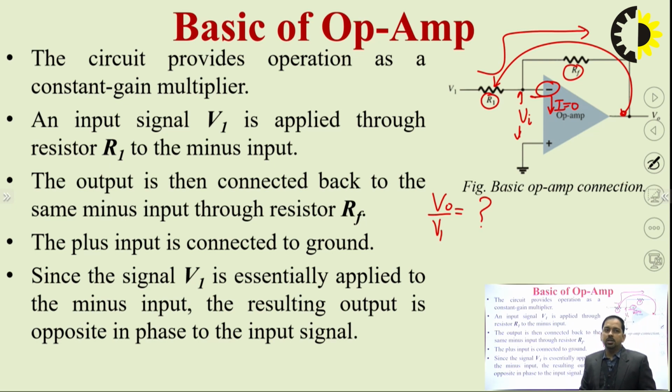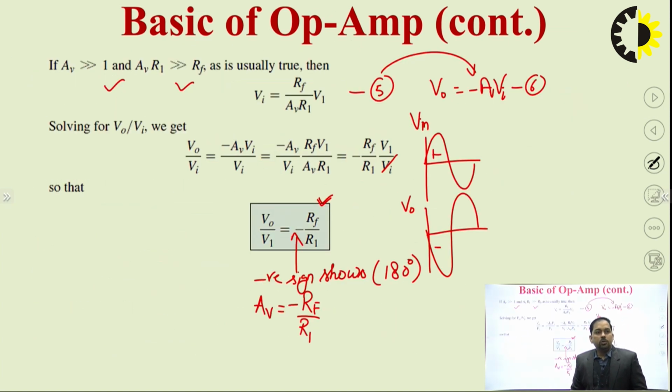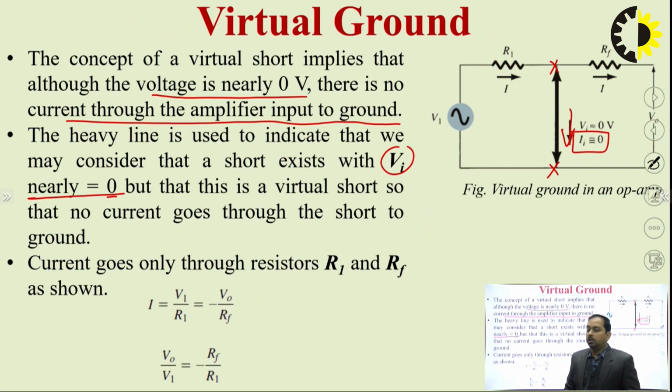So I is equal to 0. This is the concept of virtual ground. Here we can see that the value of I is nothing but V1 divided by R1. Also, since the current into the input terminal is 0, all the current flows in this particular direction, and I can be written as minus of V0 divided by Rf. If we equate both the equations, we again have V0 by V1 equals minus of Rf